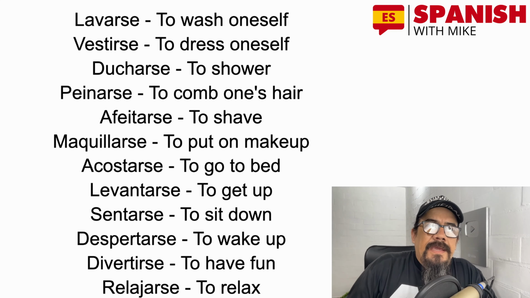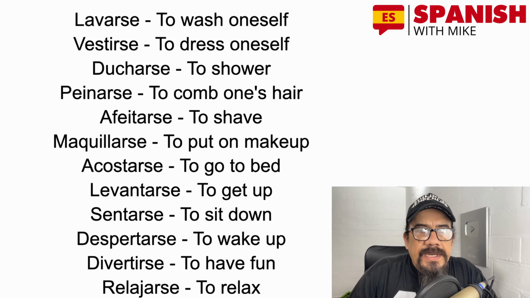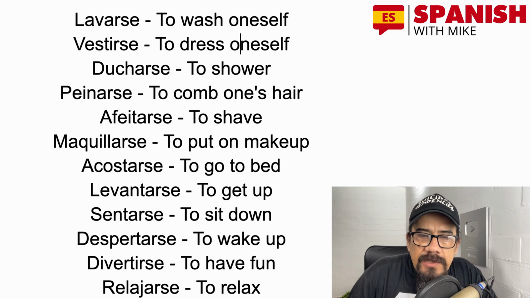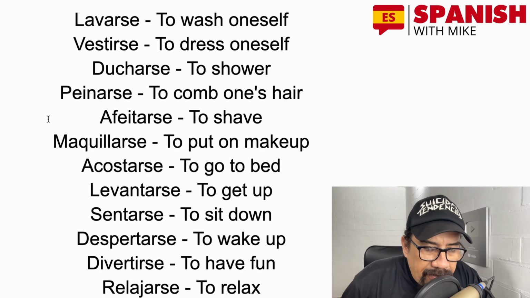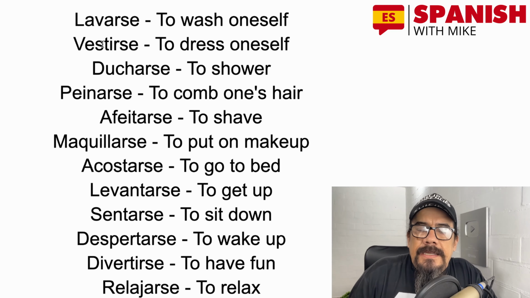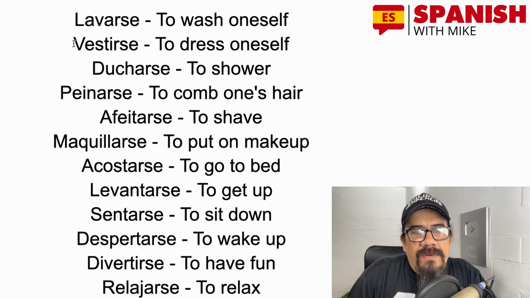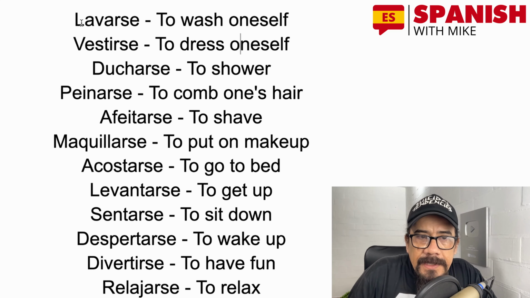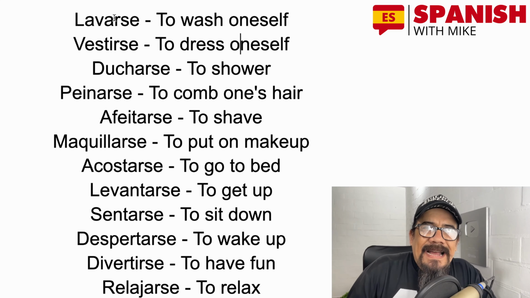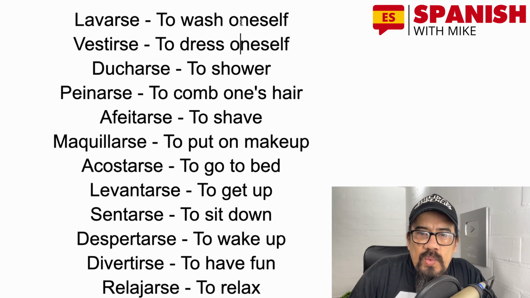So I have here a list with 20 of the most common reflexive verbs in Spanish. These are verbs that we use with the reflexive pronouns that we just learned. And as you will see, not necessarily are these verbs reflexive verbs in English. Let's say lavarse, to wash oneself. Check how this se